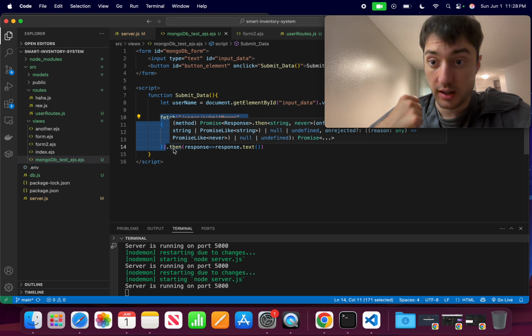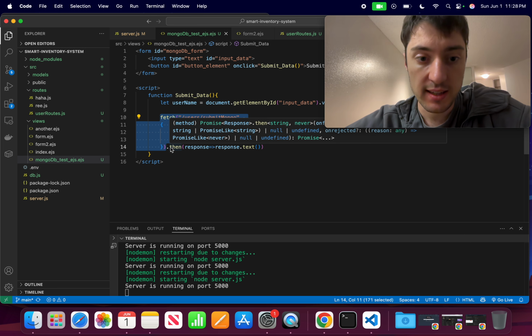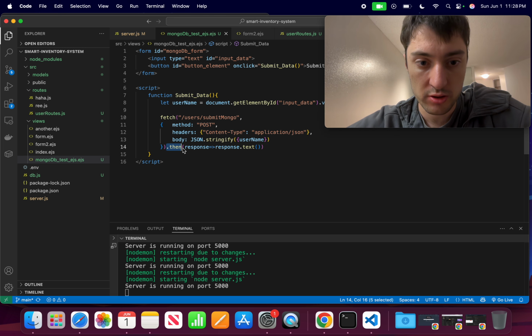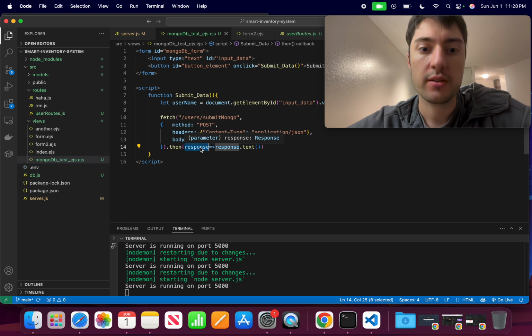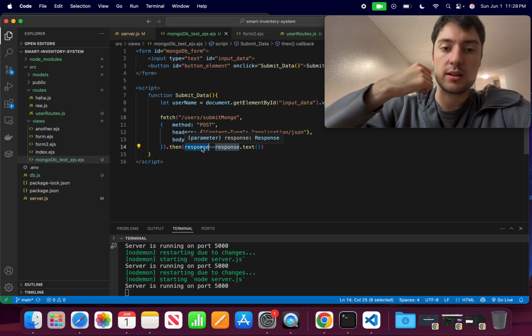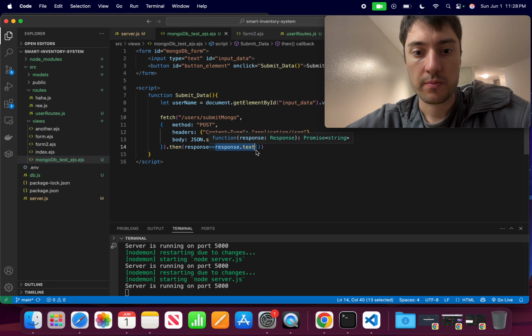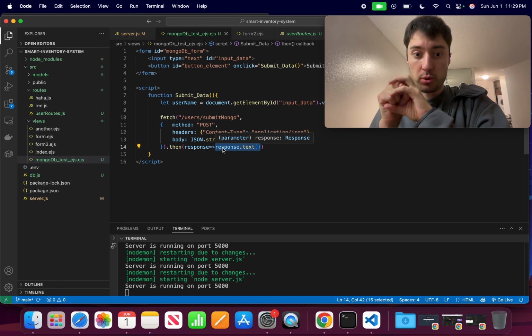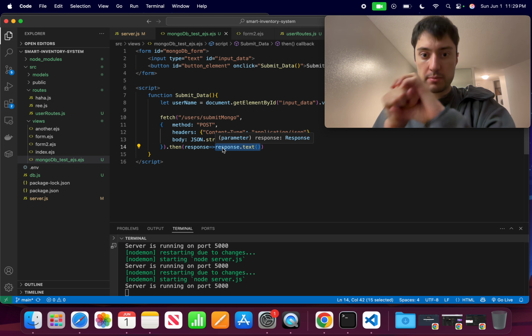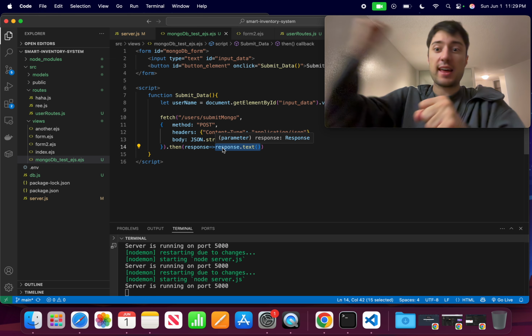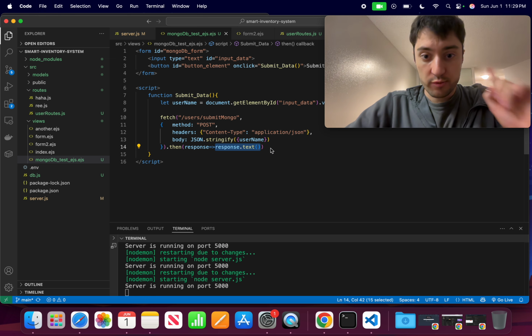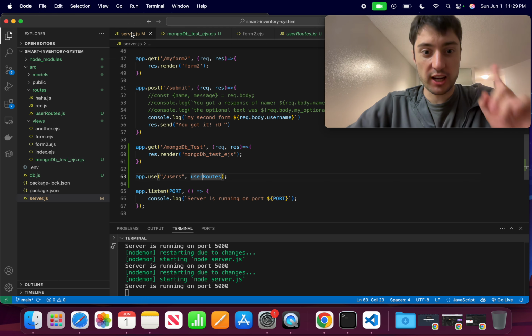From that, I get a response back. I take that response after it occurs, and that is the input here to this function. And the return value is this right here. So I take the input, I put it to the .text method, and I get something back, and then that's my response. Now from there, I'm able to chain another